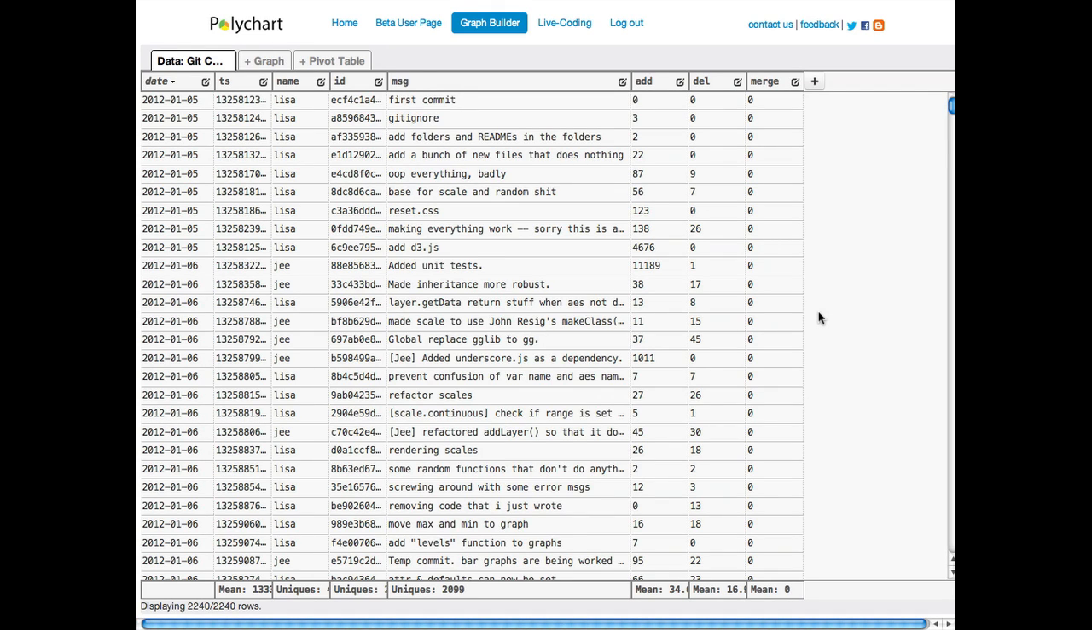Today I'm going to demonstrate Polychart's graph builder and at the same time analyze our programming productivity at Polychart. We use Git at Polychart, so this dataset was pulled out of our Git repository. Each row shows one commit or one chunk of code change applied to our code base. You see the date, who made the change, a message describing the change, and the number of lines of code